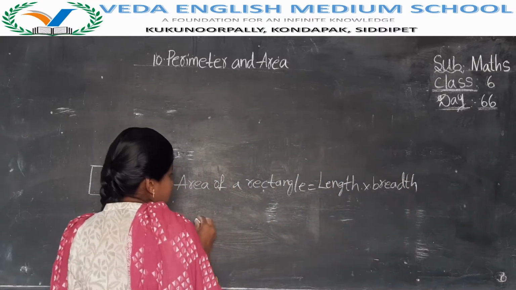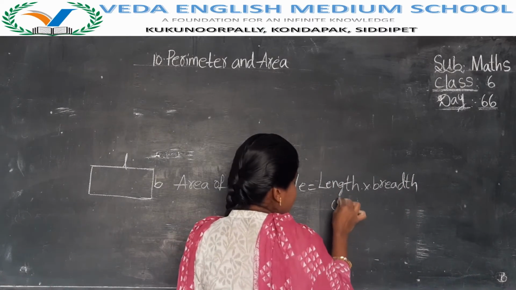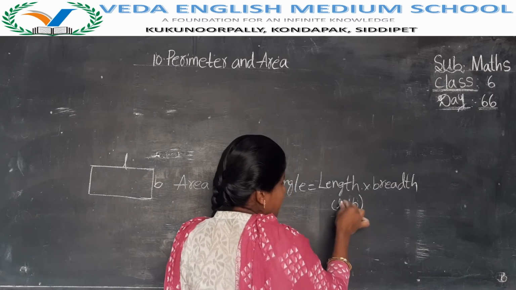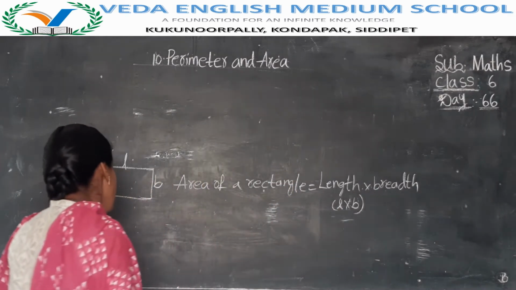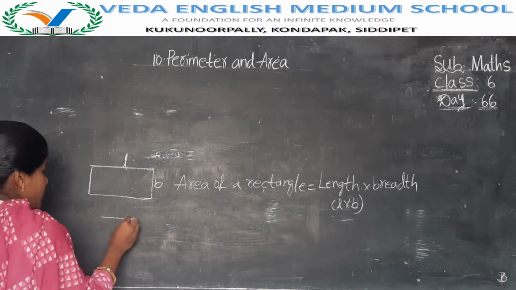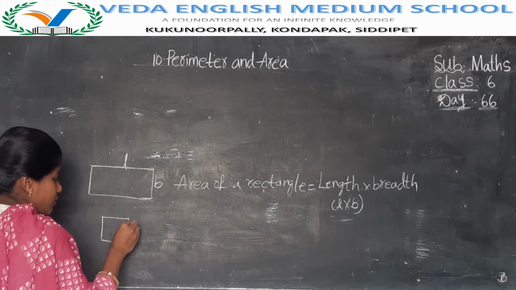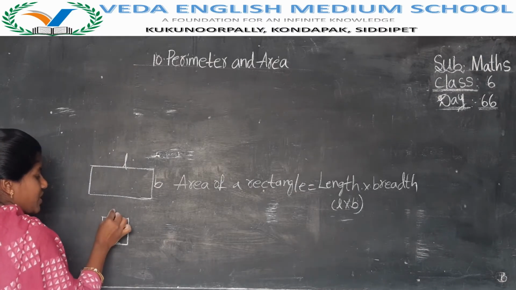Then in shortcut we have to say L into B also. Here L represents length, B represents breadth. At the same time, if you want to find the area of a square, in a square all sides are equal. If you take one side,